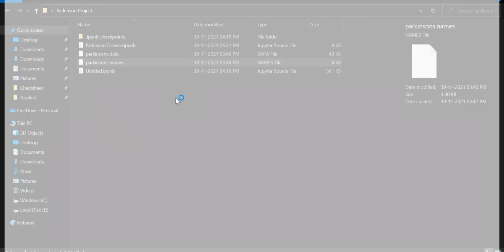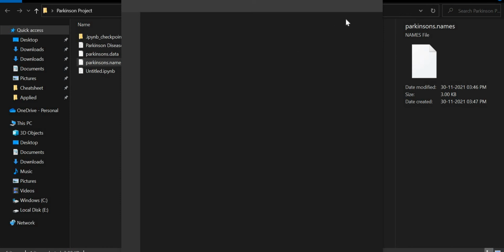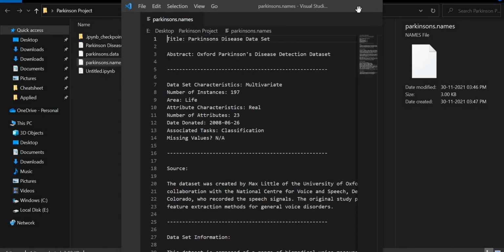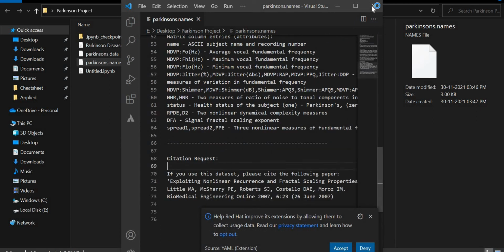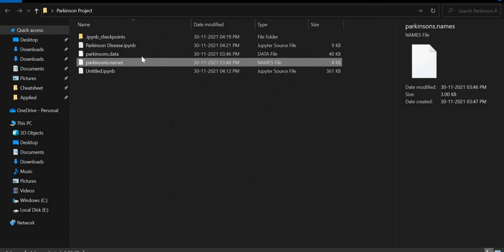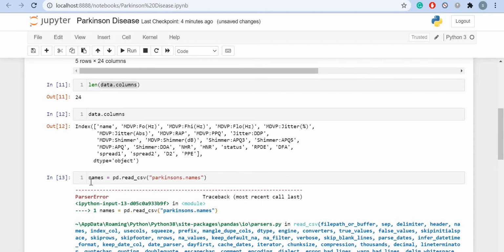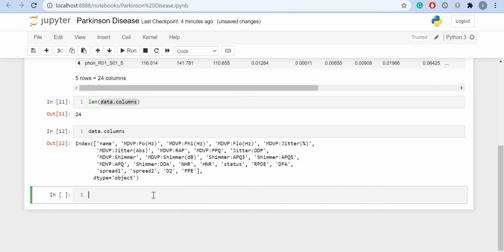When I try to open it with code or with some other things, we've seen that it is just the content from the UCI repository, and that's it. So we'll not need this in our project, but we'll just need the .data file. I'll just remove this from here.